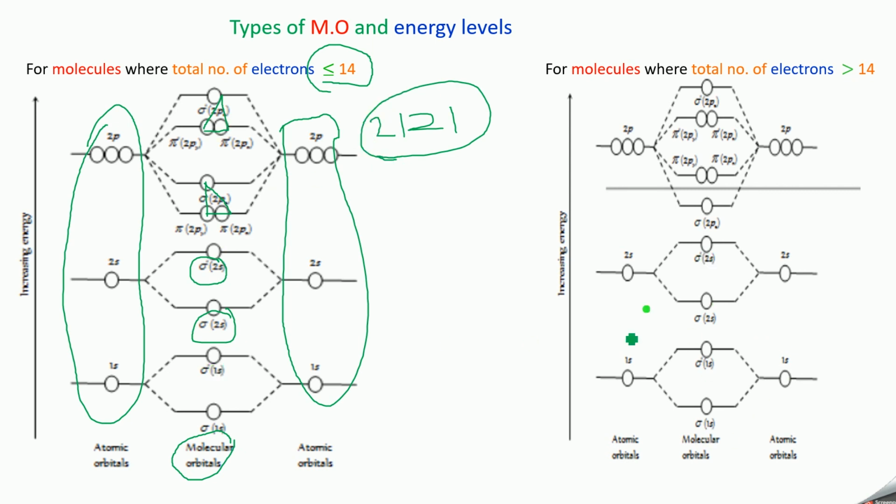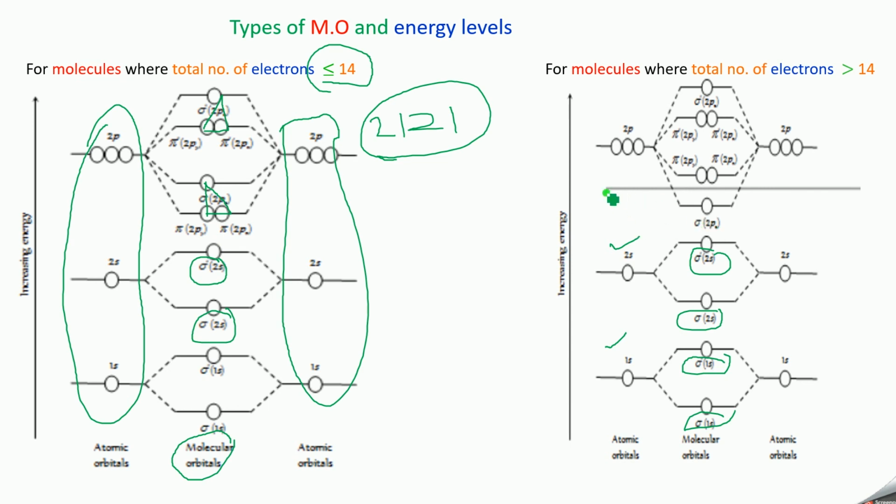The next we have this one, and here you have the 1s orbital and 2s atomic orbitals. So there is no change between this diagram and this diagram. Same thing, you will be getting sigma 1s and sigma star 1s, sigma 2s and sigma star 2s. There is no change here. But here in the 2p orbitals, the 2 pi orbitals will be having higher energy, and the sigma 2p orbital will be having lower energy. Here it is the reverse of this diagram. So here you have pi orbitals at lower energy, but here the pi orbitals have higher energy compared to sigma.